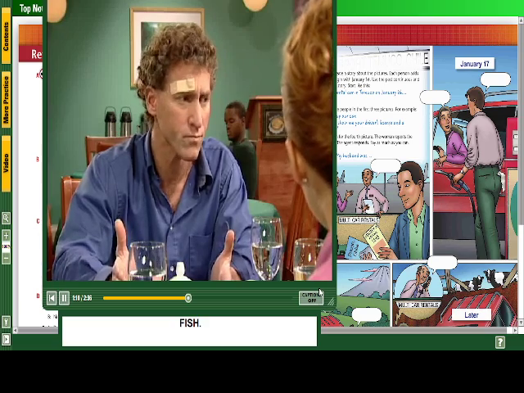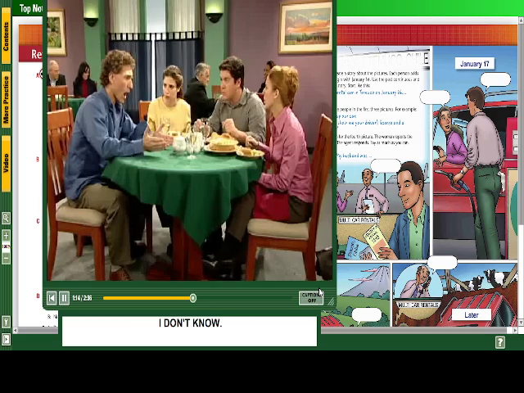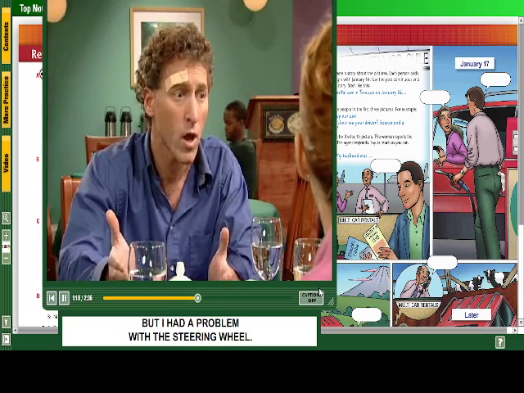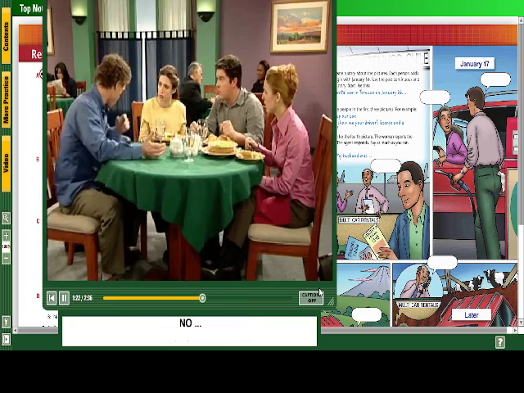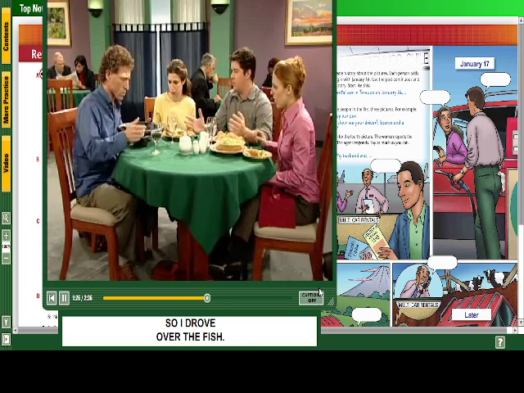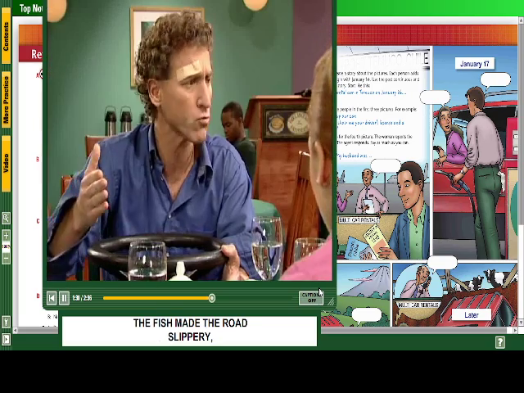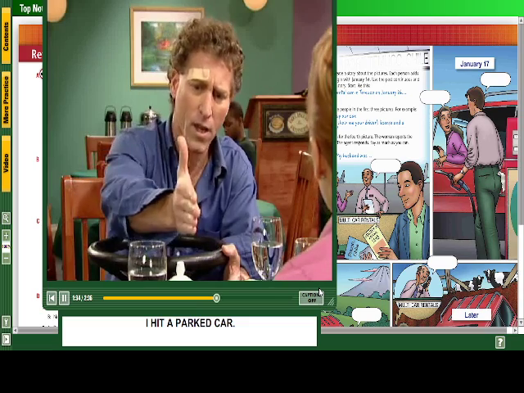Fish. Why were there fish in the road? I don't know. Anyway, I tried to turn, but I had a problem with the steering wheel. The steering wheel broke? No. It came off. So I drove over the fish. The fish made the road slippery, so when I tried to stop, I hit a parked car.